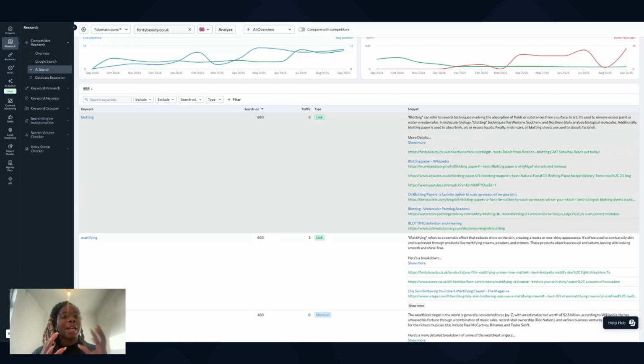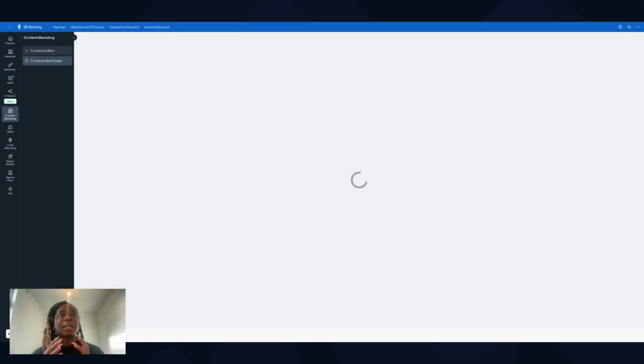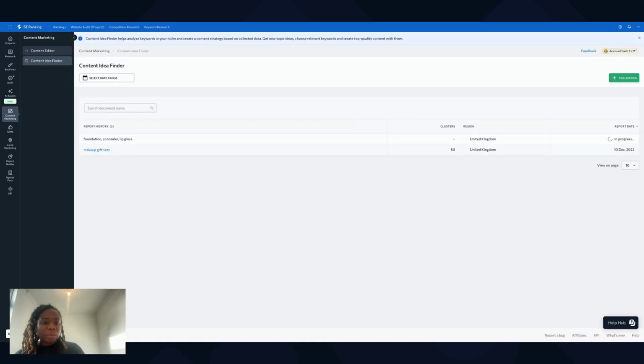And this is where I like to combine SE Ranking's AI search, AI visibility research with SE Ranking's Content Idea Finder. So you could have exported all of those prompts and exported all of your keywords and then upload it into SE Ranking's Content Idea Finder, which you will find underneath the Content Marketing tab. And then you will go into the Content Idea Finder tab. So here, this tool helps us take a seed topic. Now, we know, for example, utilizing Fenty is all about makeup, but